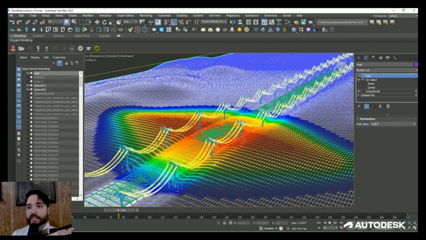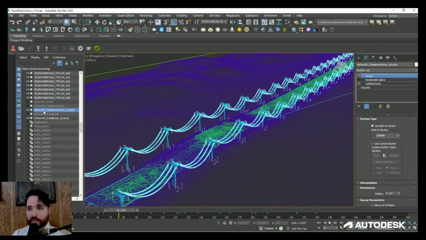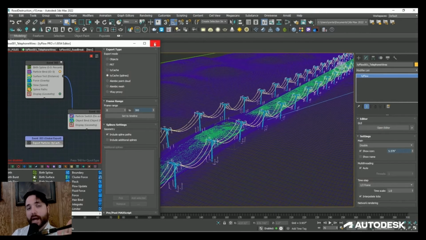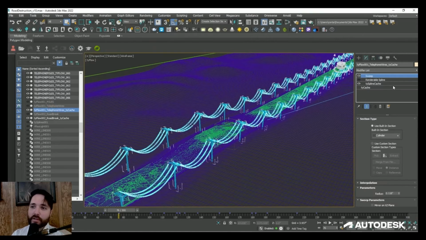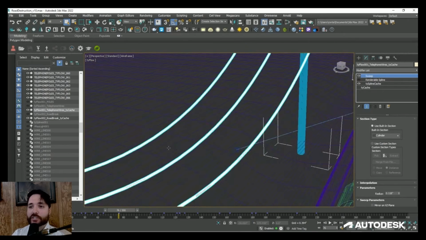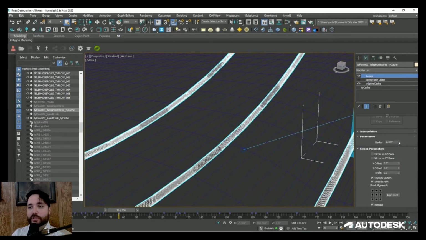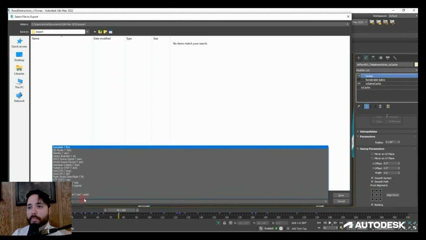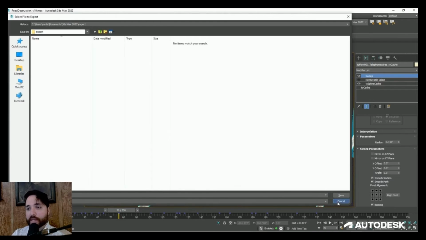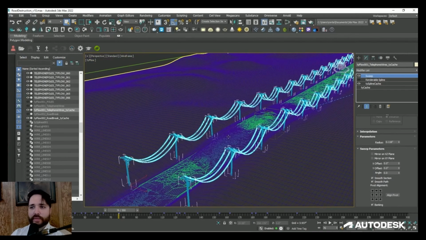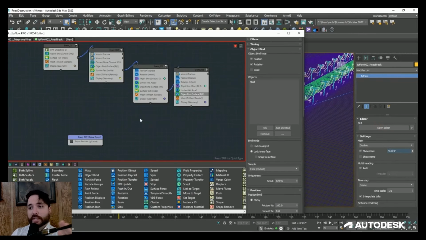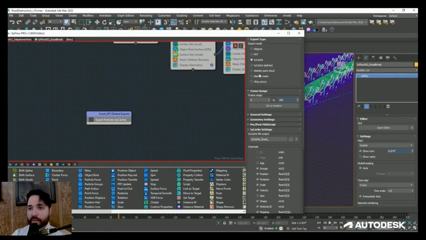For exporting, I selected all the telephone poles and exported them as an FBX file. I then selected the desert mesh, and because it was deforming, I exported it as an Alembic file. Now for the telephone wires, I first went into the TyFlow simulation and I exported them as a TyCache spline scene object. And using the export particles operator, we can then add a sweep modifier on top in order to give the splines a wire radius. You can dial those values up or down to match your scene scale. Afterwards, I was then able to export the wires as an Alembic file.